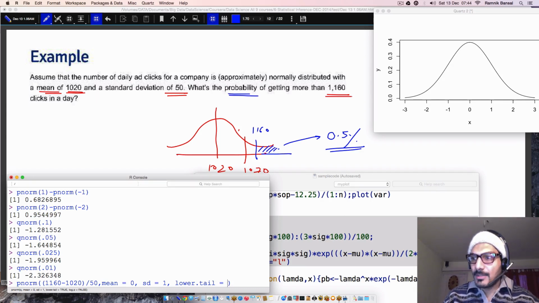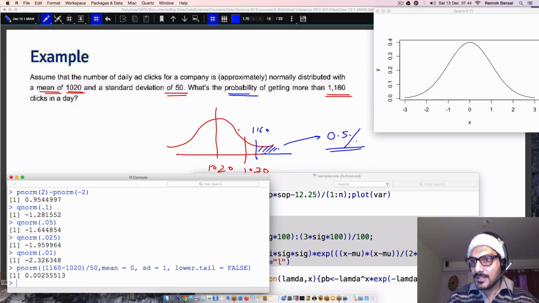Am I interested in the upper tail or the lower tail? I am interested in the upper tail, this portion. So lower.tail is equal to false. I get this answer, which is 0.0025. If I were to take it as a percentage, I divide it by...